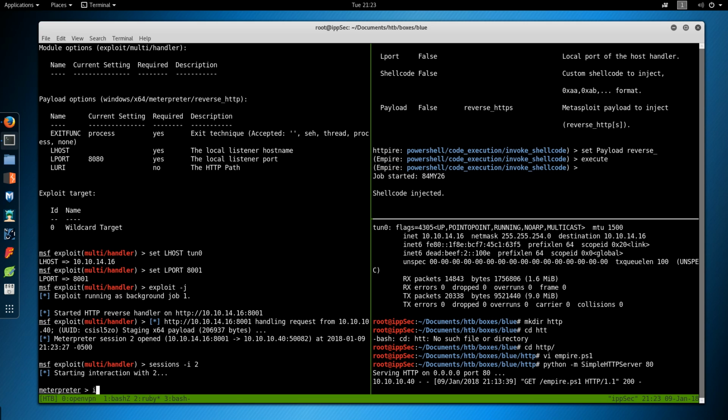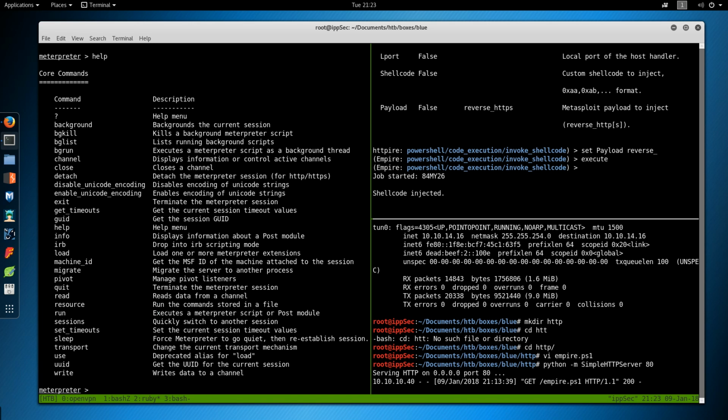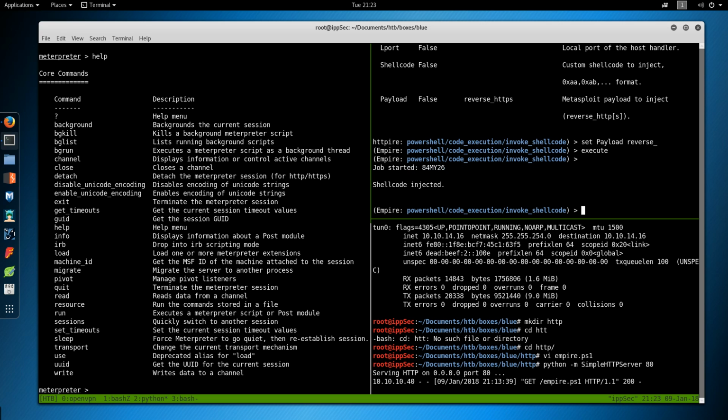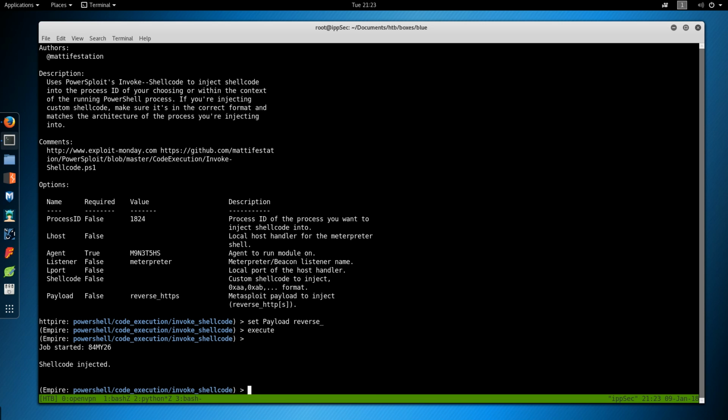session -i 2, and we do help, and it doesn't actually load the standard API, because the core commands, we should see a lot more information. And I think the issue is the shellcode inject only works on a 32-bit process, and it's a pain to get a 32-bit process running, because if we wanted to, the way we would go about that is